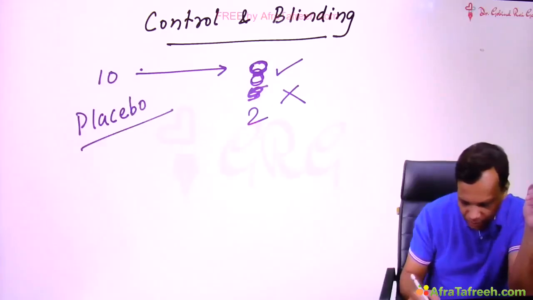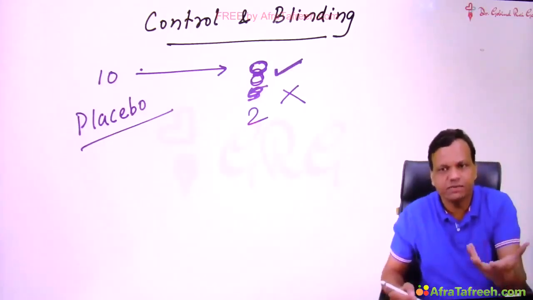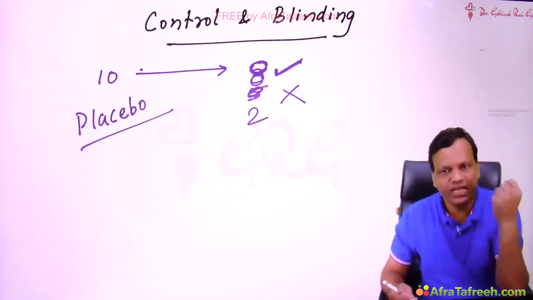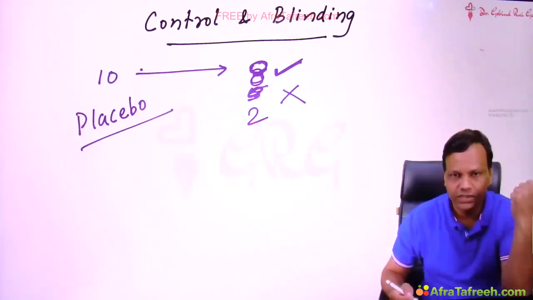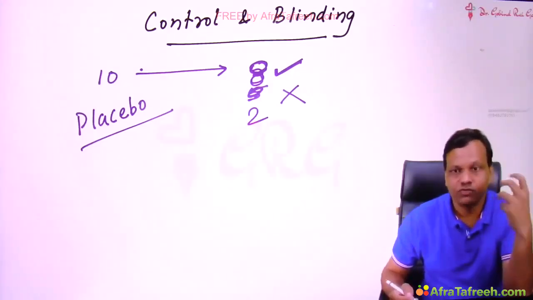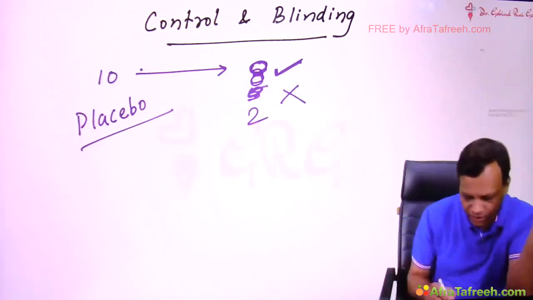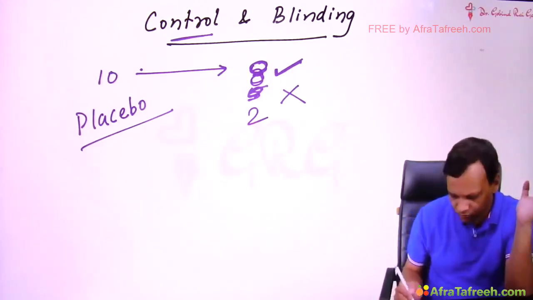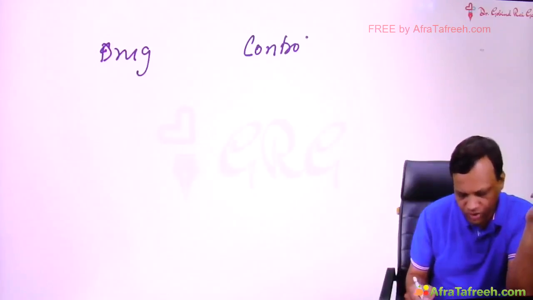So that means the 8 people from whom we are getting the response may be getting the placebo effect. Just the feeling that the person has been given some substance, some drug, may terminate the pain, which is known as placebo effect. Placebo means "I shall please." So a placebo effect may be there. We want to know whether this is the actual effect of a drug or a placebo effect. To know that, we need to keep a control group. Whenever we do the study, we keep two groups, one drug group and second control group. Control group, mostly we keep as placebo,